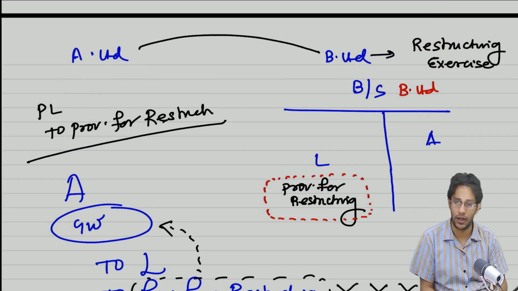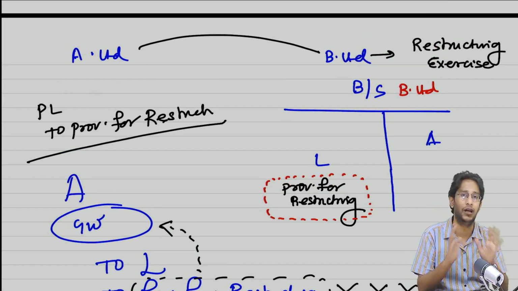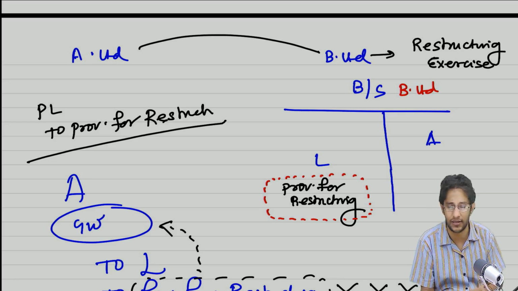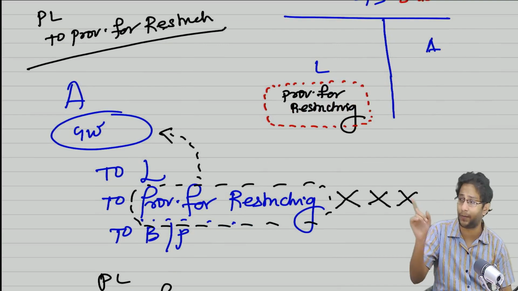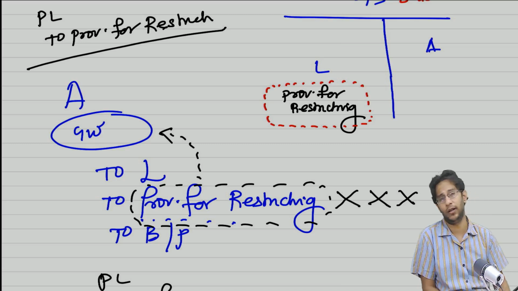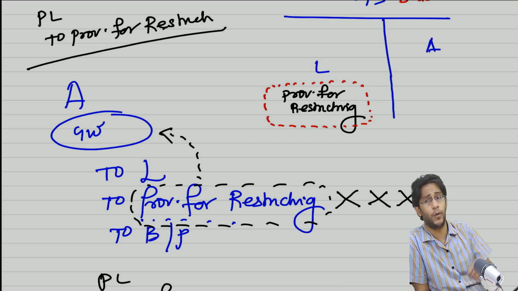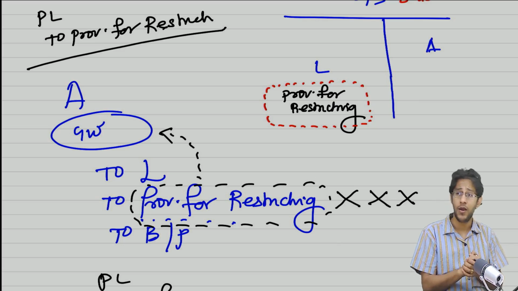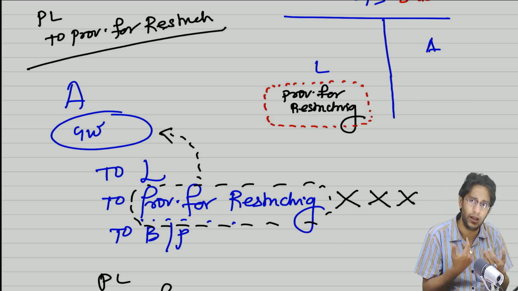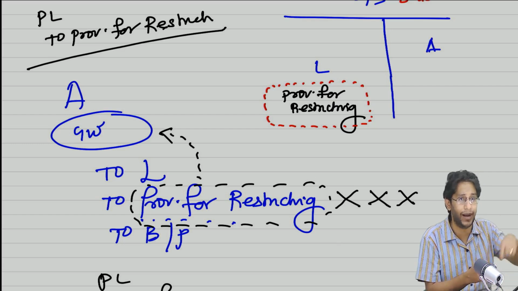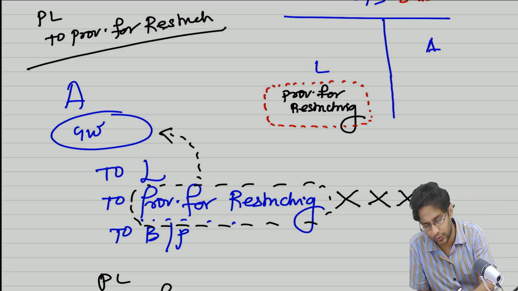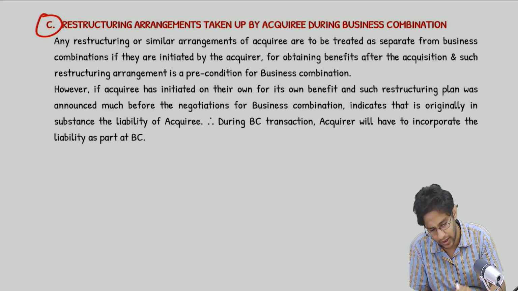No, sir, our case is not like this. B Limited on their own went into restructuring. They announced a restructuring plan. The restructuring provision was also created. Later on, I happened to take over B Limited. In that case, yes, you can happily take over the restructuring provision also as a part of your incorporation entry. Let it impact the goodwill capital. So whether restructuring provision of the acquiree will impact goodwill or not depends on who initiated it. If the selling company initiated that on its own, then no problem, you can take it. But if the purchasing company made the selling company initiate it, then you cannot incorporate it and let it impact your goodwill capital reserve. So this is one good case we have, restructuring arrangement.